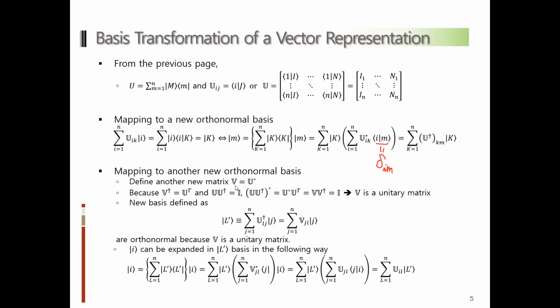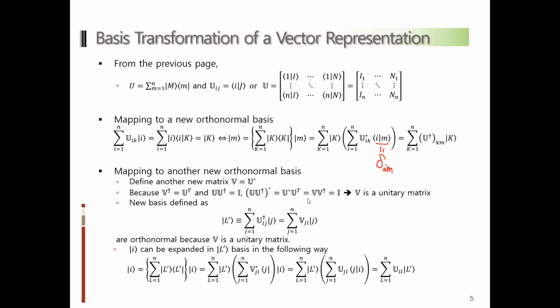So all I have to do is define a new matrix V, which is defined as the complex conjugation of the unitary operator and unitary matrix. And then what I'm going to show is that this V should be another unitary matrix. And to prove that something is a unitary matrix, all I have to do is prove that the product of the V and its own Hermitian conjugate